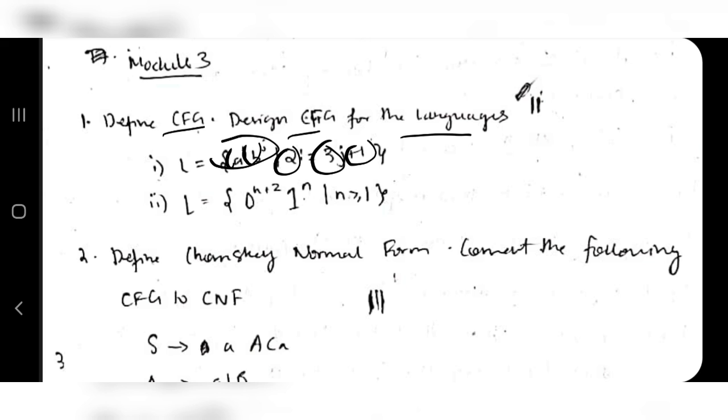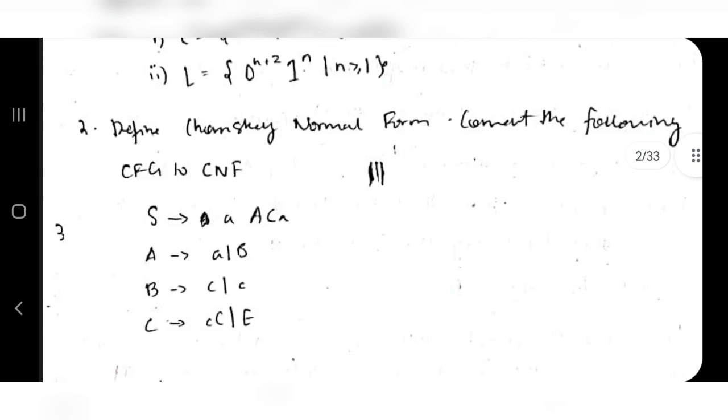The same thing we have to do here also, but the equation is different. Okay. This one also we have discussed in the questions, and define Chomsky's normal form, this we have discussed, and convert the following into Chomsky's normal form. Those 2-3 steps are there, right? That we have to do. I think we have done this same question only.